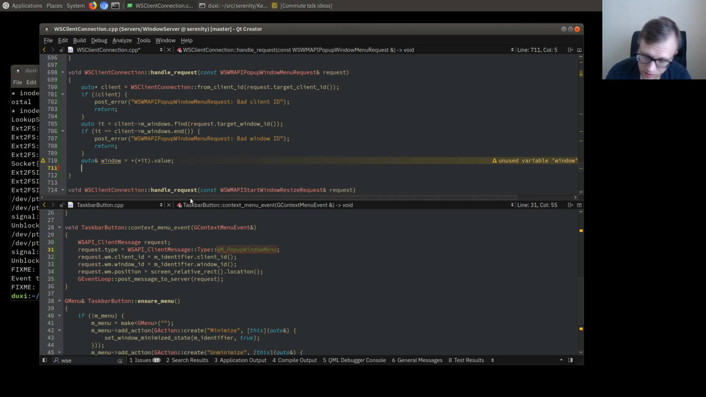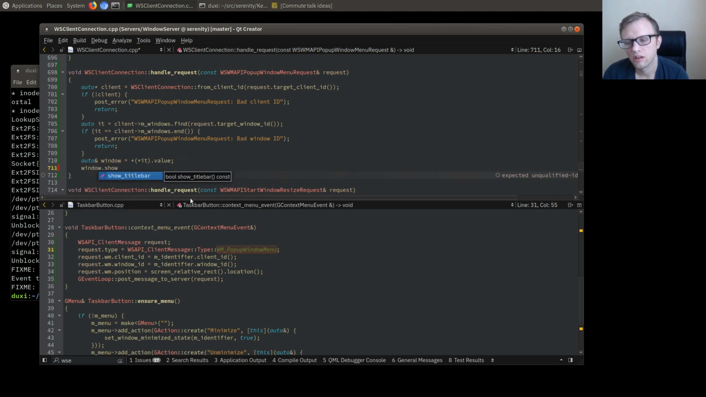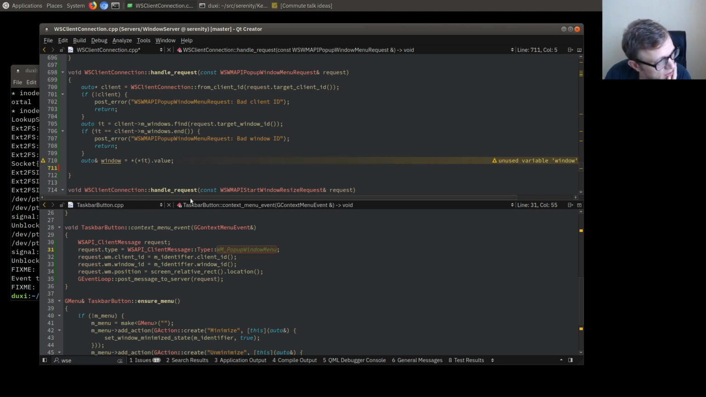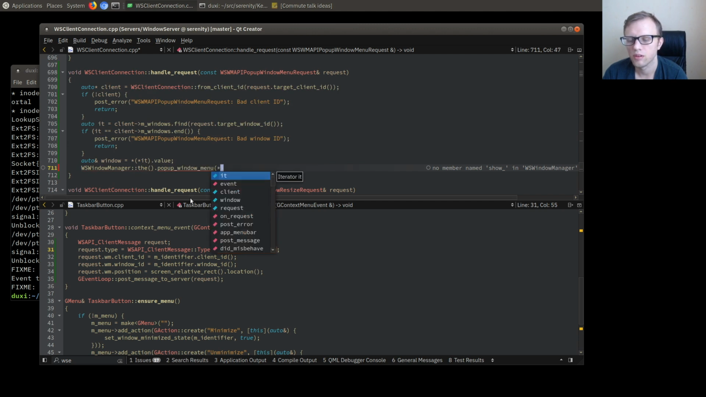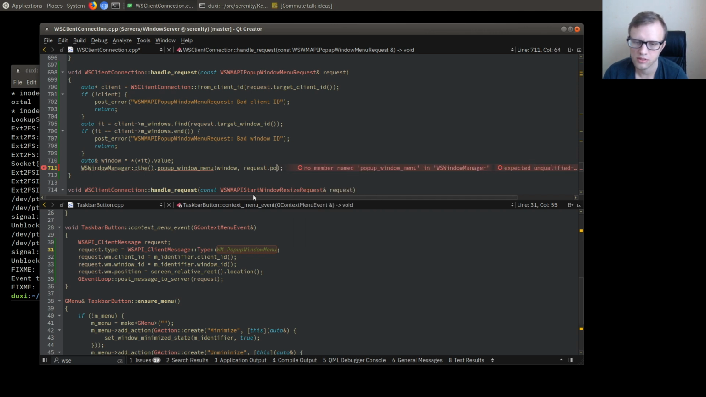Okay, so we don't want to minimize or anything like that. What we instead want to do is window, or who should manage this thing? I guess window manager, the show pop-up window menu for the window at the position. Not the location, let's call it position. Okay,